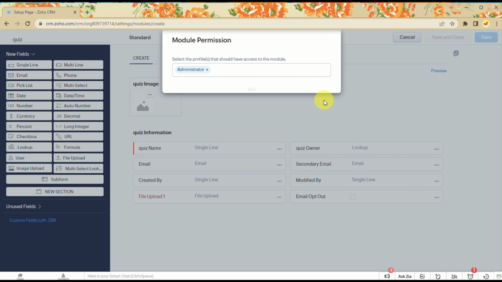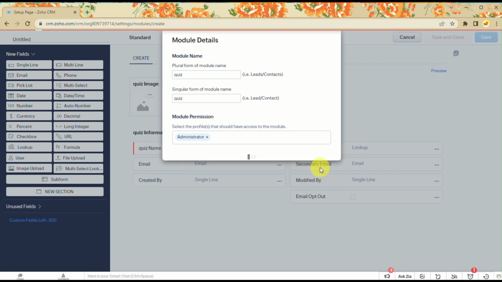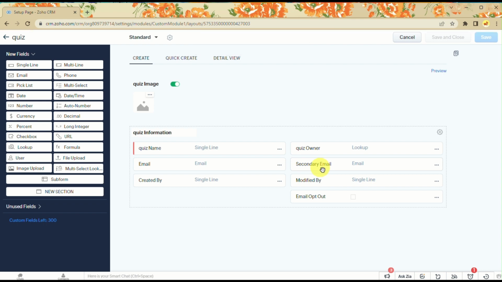Once done, you can just click on save and then wait for it to load. This may take a while, so make sure that you have a good internet connection for you to be able to download or save the module that you created. And now that you have the module created, what you can do is